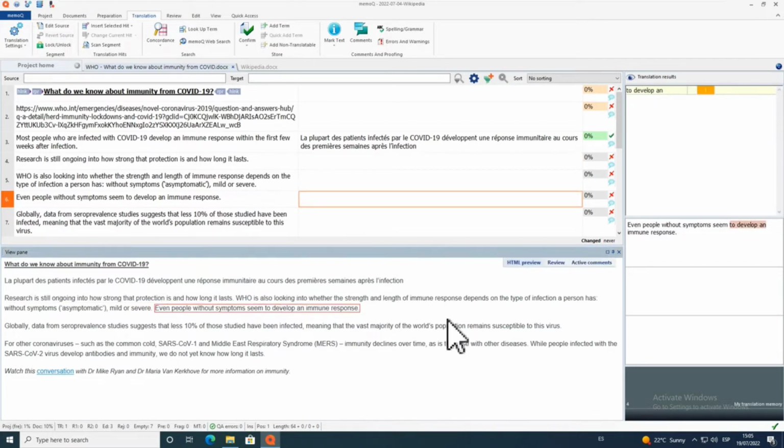Now it is an HTML preview, so you don't get the full extent of the appearance of your target file, but you do get a pretty good idea. Now this pane can be moved and put on a secondary screen if you want. On the right hand side